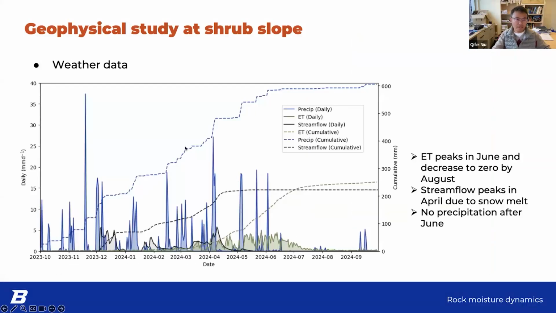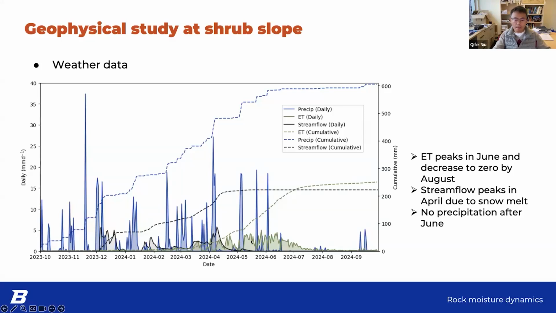So at the site, we have some weather data. You can see for this site, we have the green line, that's the ET. Green line, ET usually peaks in June and then decreases to 0 by August. That means it's like we only have shrubs. Their roots were not deep enough to access the rock moisture. So in dry summer, they pretty much stop